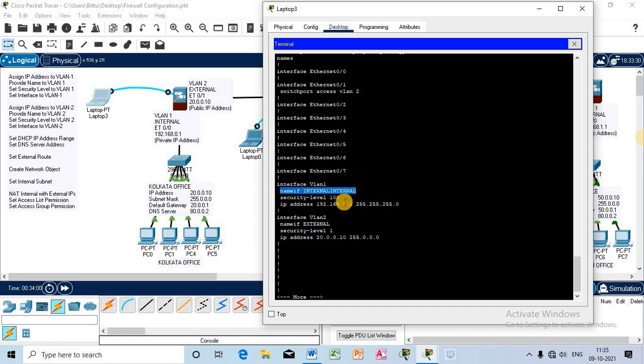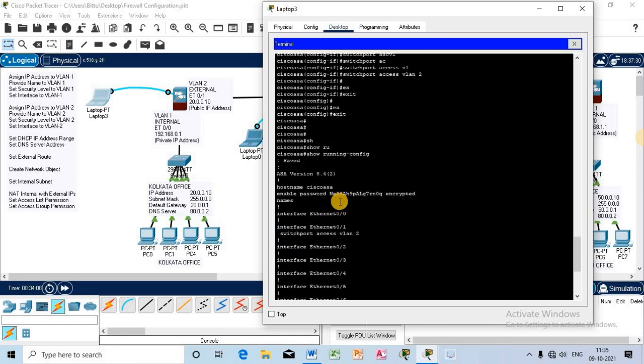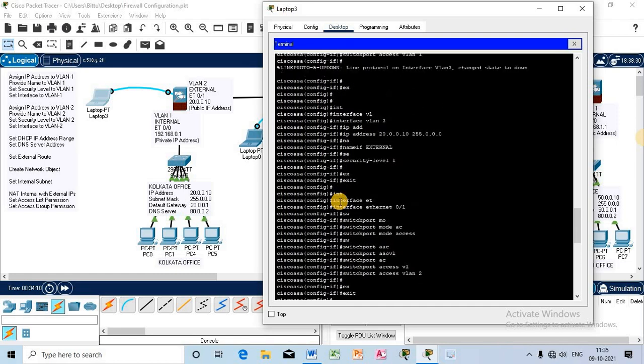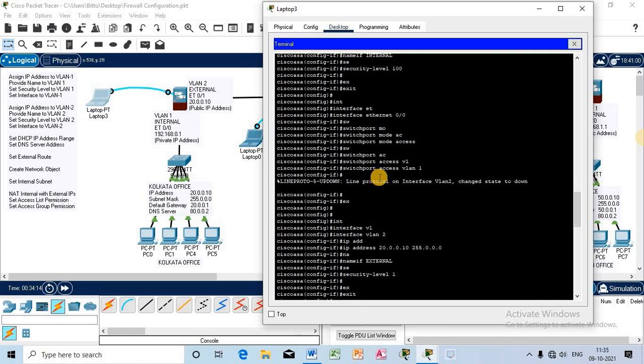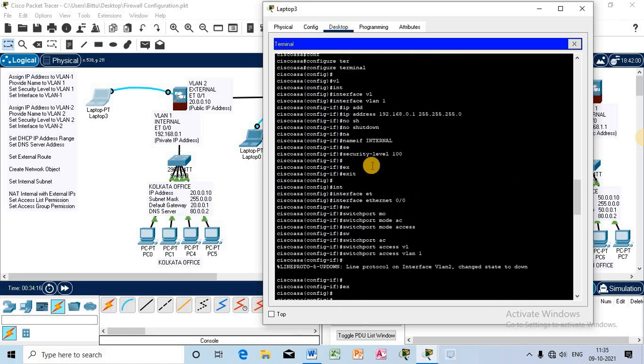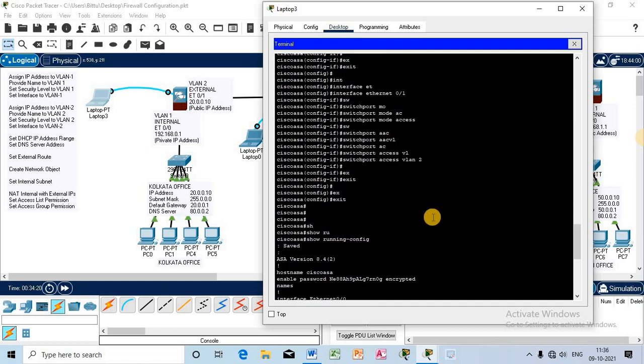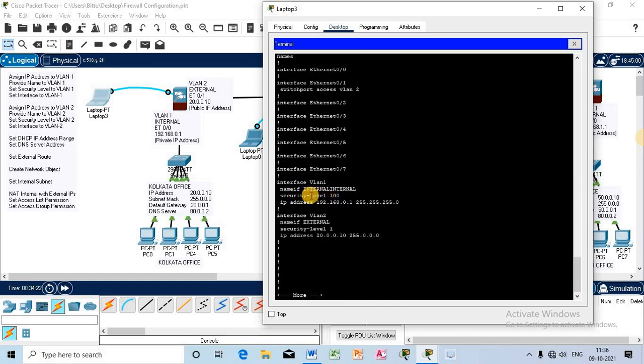The internal name has been printed twice, no matter. This will work as the name of VLAN 1 as internal connection. Security level is 100.